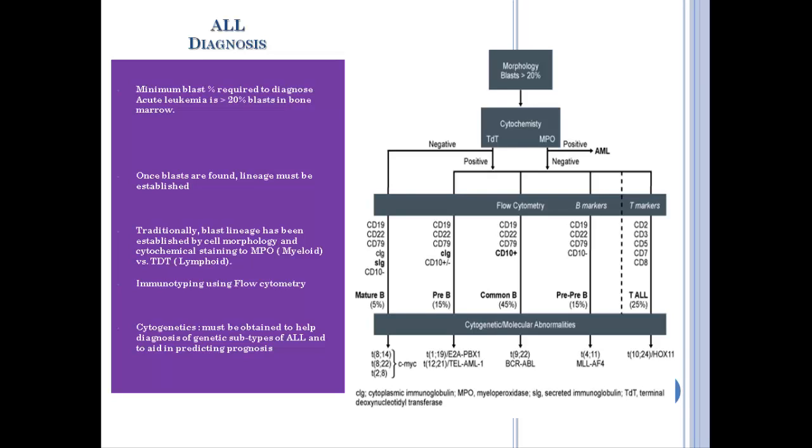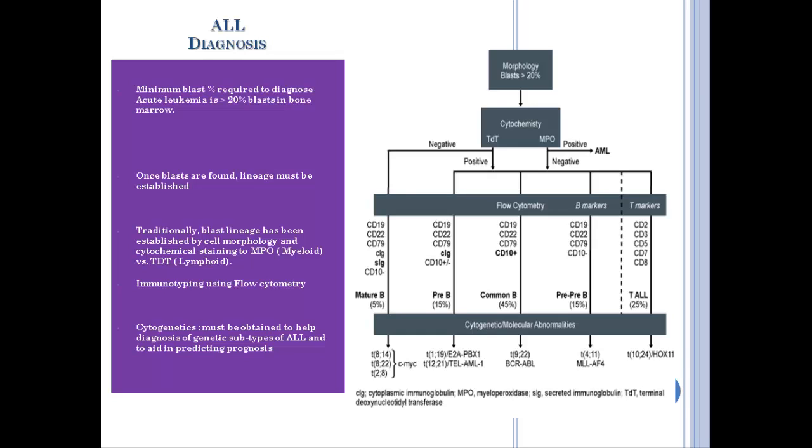or undifferentiated cells. Traditionally, blast lineage has been established by cell morphology and cytochemical staining to MPO, which indicates if positive myeloid, or TDT, which indicates lymphoid in 95%. We do immunotyping using flow cytometry to determine blast surface antigen and improve diagnostic accuracy and the ability to distinguish between the lineage subtypes. Cytogenetics must be obtained to help diagnosis of genetic subtypes of acute lymphoblastic leukemia and to